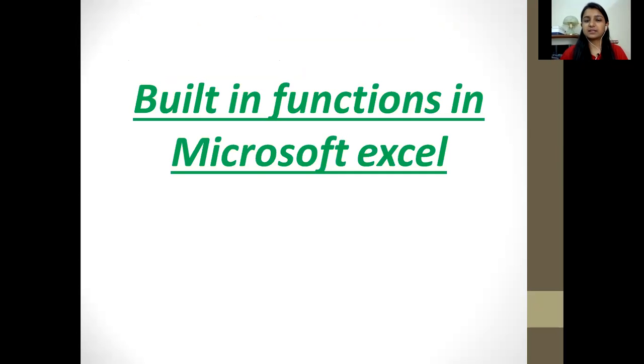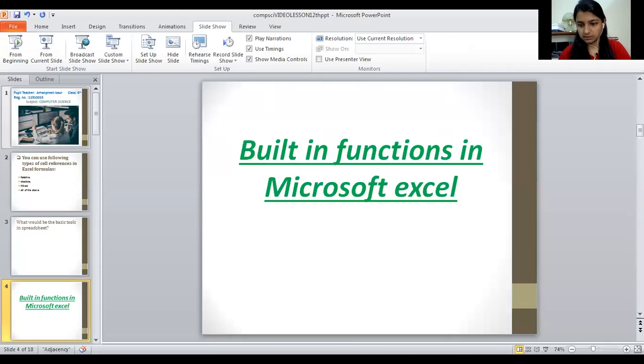Okay, so let us understand about this, that is built-in functions in Microsoft Excel. This is our topic today. We will be understanding how we can use built-in functions in Microsoft Excel. So let me write the topic for today on the board as well.